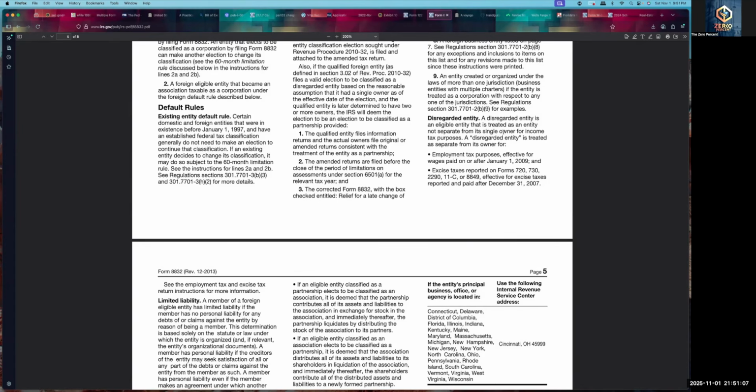So even though this is a partnership, it is looked upon as one with its owner. This is a marriage. Okay, so the owner of the LLC is the Foreign Express Trust. And if your Foreign Express Trust is